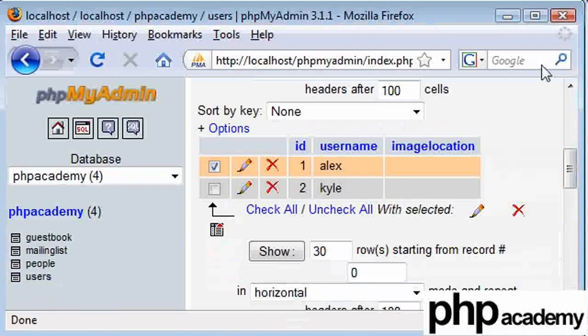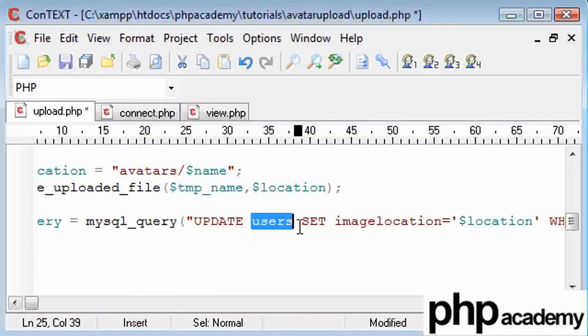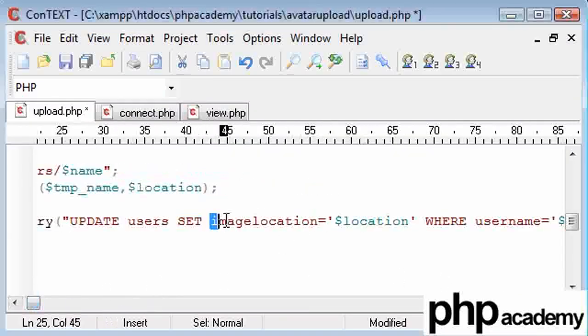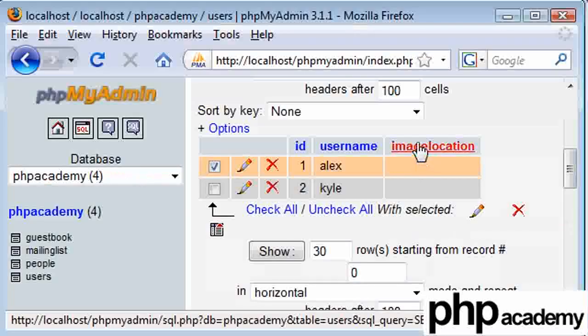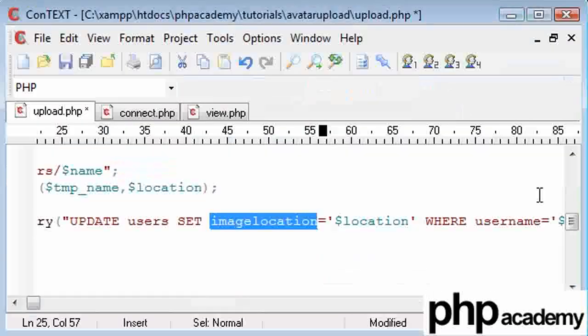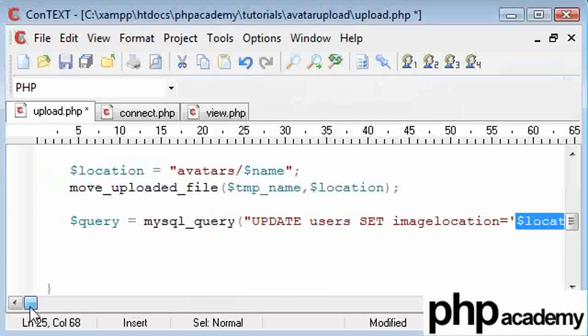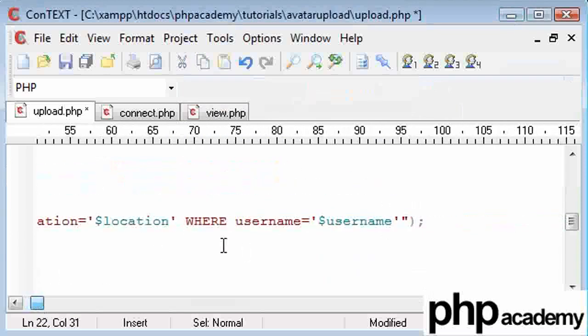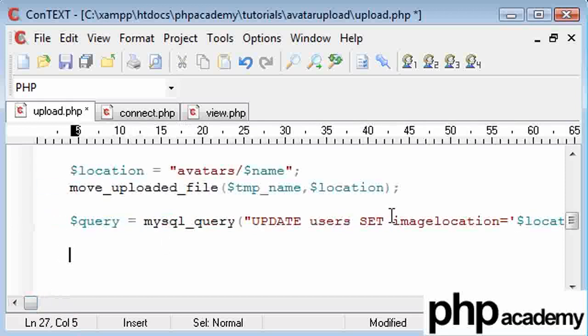This is my table users, and we're setting the image location, so that is this field here, image location equals location, and that's the location avatars/ and the name of the file that they've uploaded, where username equals username, which is again the session username, so in this case it's Alex. So really what we're doing here is setting the location to the location of the image where the username equals Alex at present. And then once this query has completed, we're just going to say